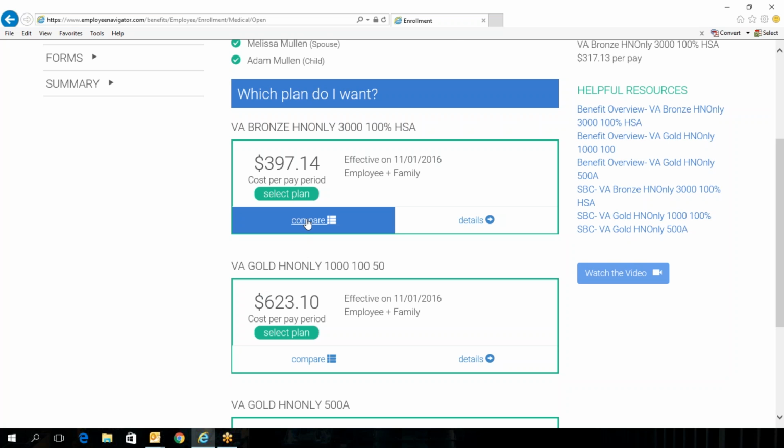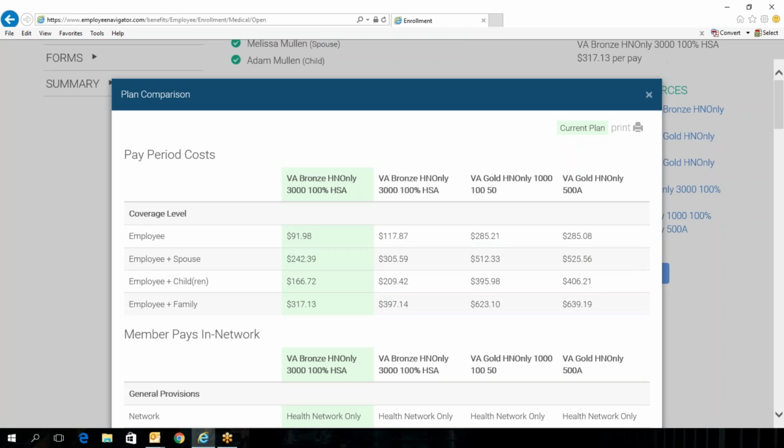So what you're able to do is select the Compare button, and this button is going to compare what your current plan is, the plan that's highlighted in the green, versus what the three options are available to you. It's also going to break down what it costs per pay period for the different tiers, because currently, while you are employee and family, you may want to alter your enrollment status with your dependents, and it's going to break